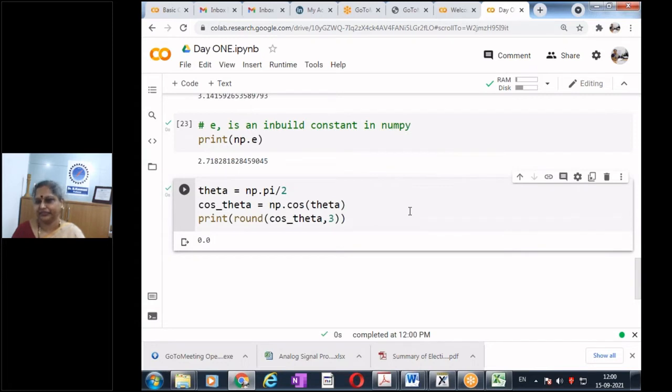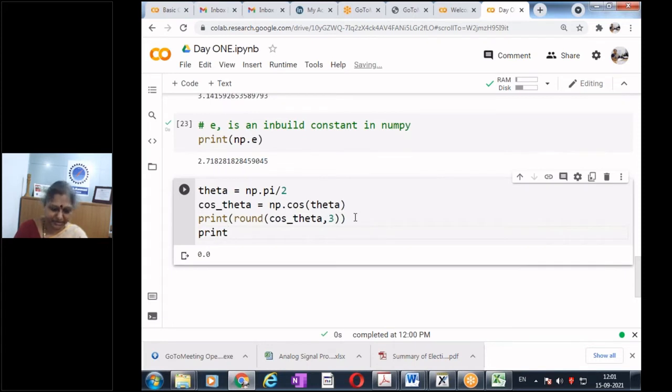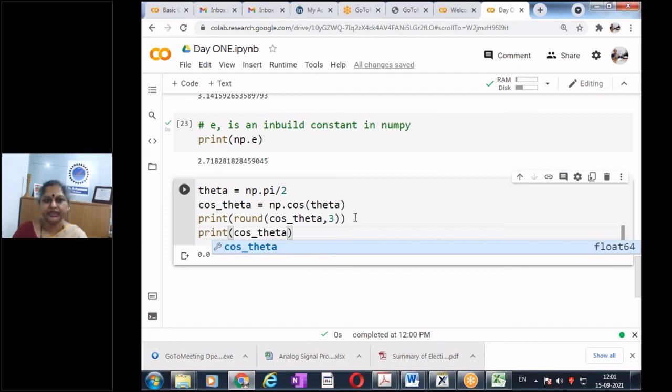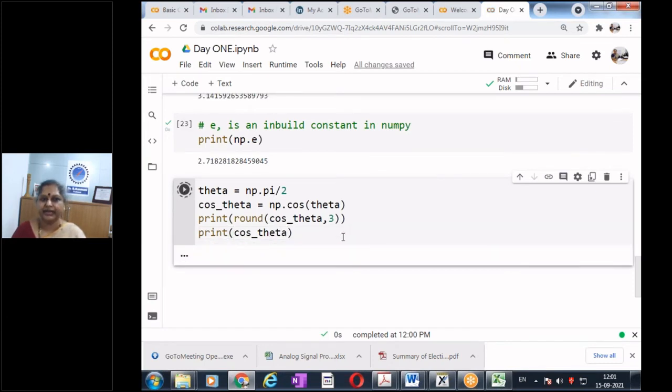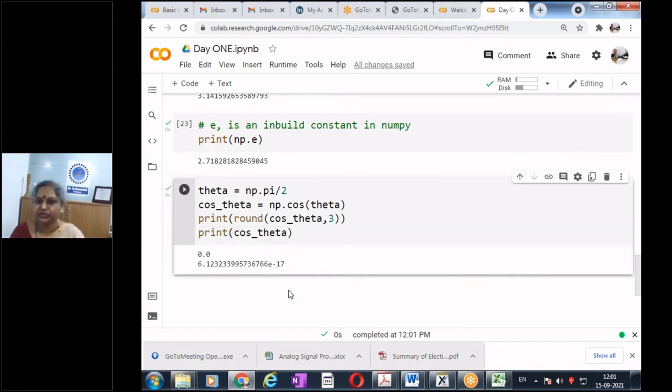And the answer is 0. People are telling it is 6.12. Please note it is 6.12. If I don't put the round command, print cos theta, I get 6.12 to the power of minus 17.